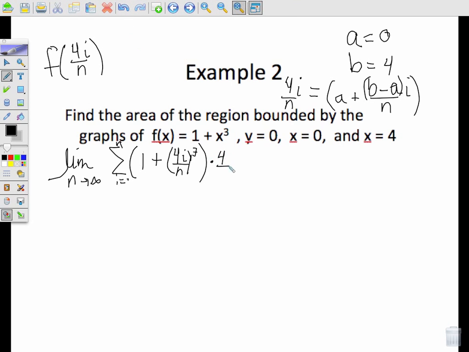And then multiply that by the 4 over n. All right, this is what we're going to simplify, and this is what's going to give us our area here. The first thing that I'm going to do is work with this 4i over n to the third and try to write out my summation a little bit better here. So we've got the sum of, as i goes from 1 to n,